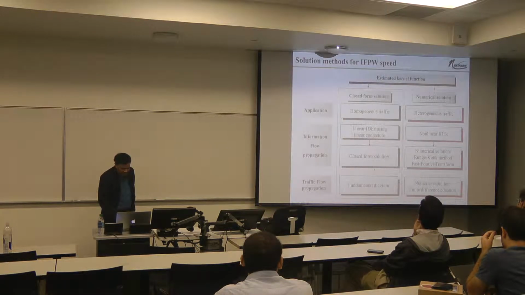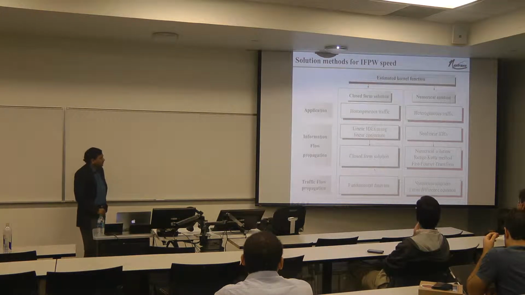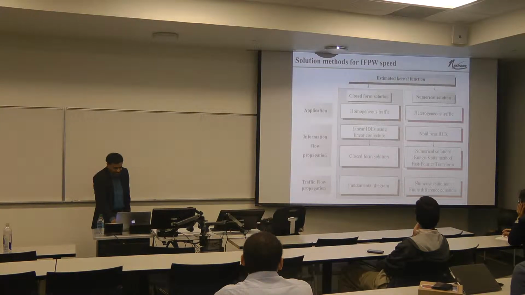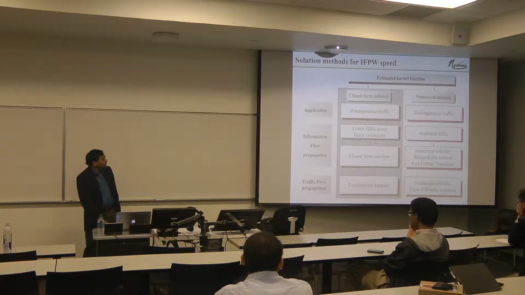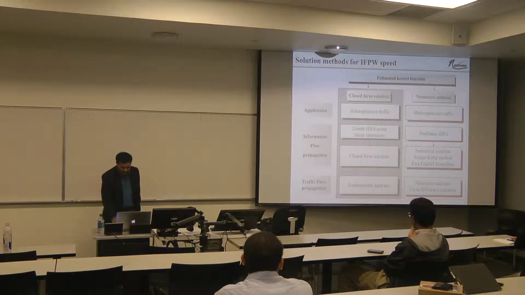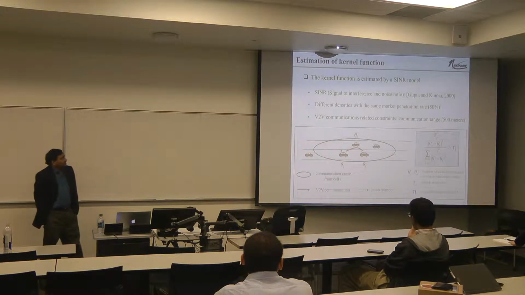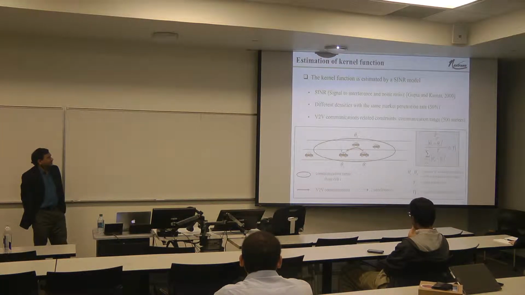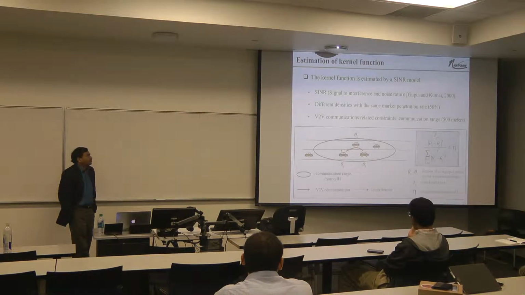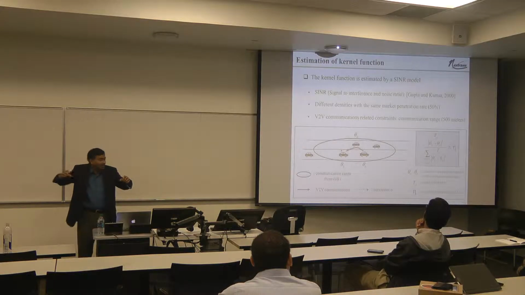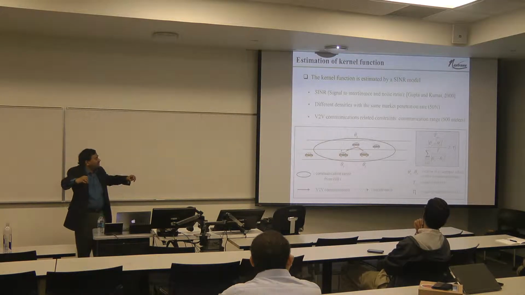With that, we look at the two closed form solutions. The first one is associated with the homogeneous traffic flow. I'll first illustrate this and then show the case where we have the heterogeneous. Here, in the homogeneous case, what we are saying is there's uniform density. Okay? So the vehicles are equally placed in space.